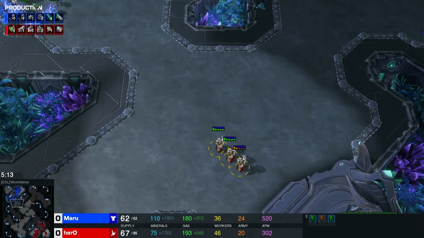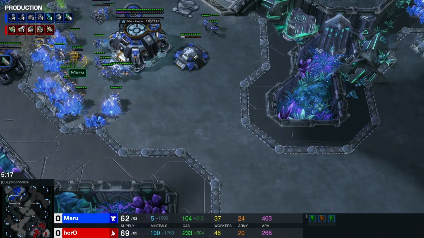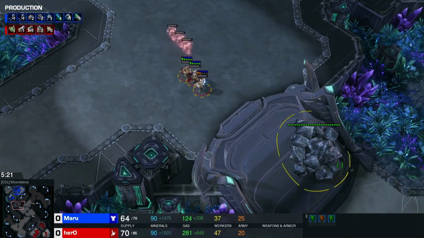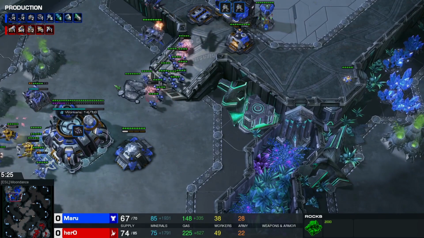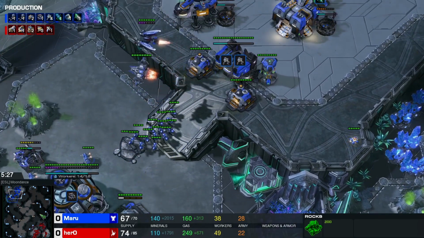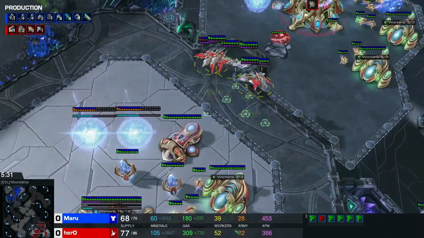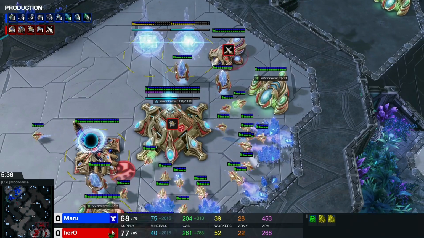So let's see what's going to happen here as more and more adepts are in position just to, of course, detect any army move out here by Maru. And some nice rocks here as well, so the adepts will of course be blocked here. And Maru is still playing very defensively. Let's see when exactly Hero will decide to move out with his Phoenixes, as more and more gateway